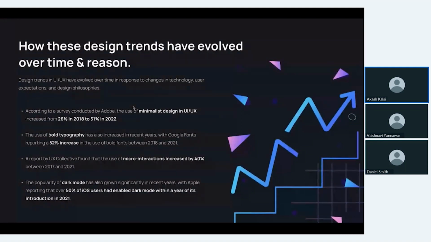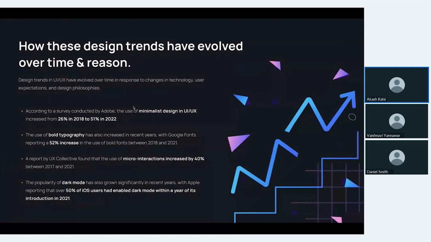So why do we do that? The main aim is to create a design that should look clean, uncluttered, and easy to understand to the users, which automatically makes the user experience much better. And also, the main focus of minimal design is on creating a design that should be functional, intuitive, and aesthetically pleasing to the eyes, right?